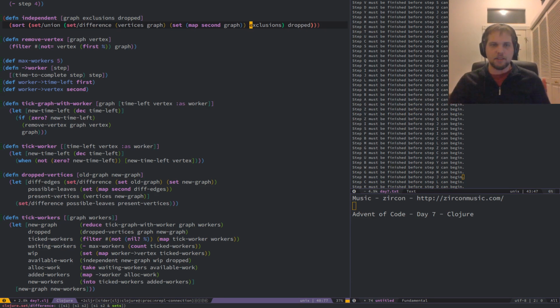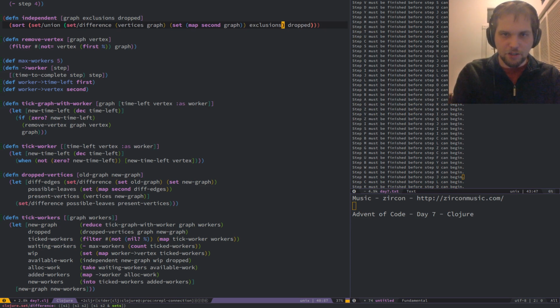Elements, all the vertices in the graph that aren't being pointed to, that aren't being actively worked on, union with any that are dropped. I don't think that's the right ordering here.